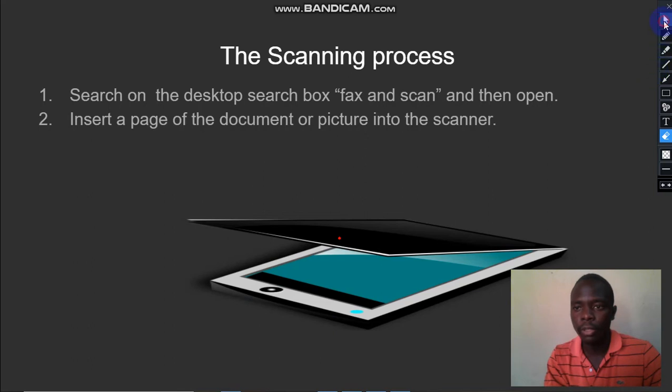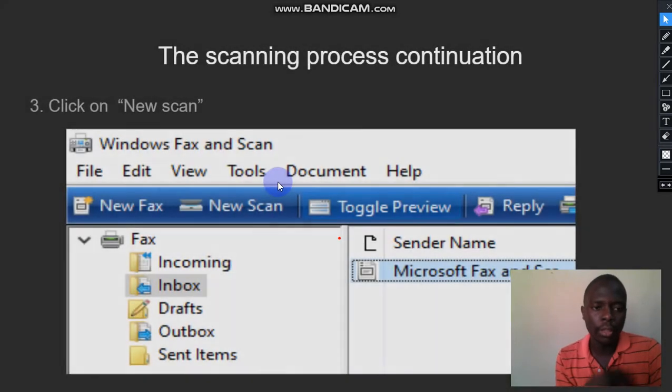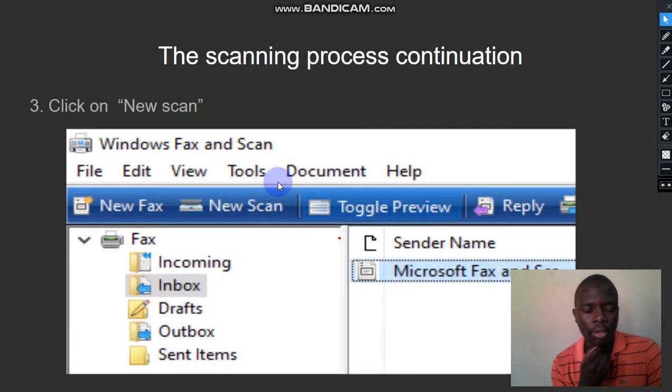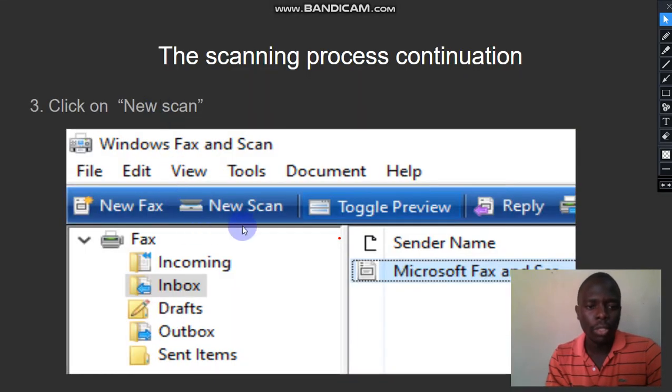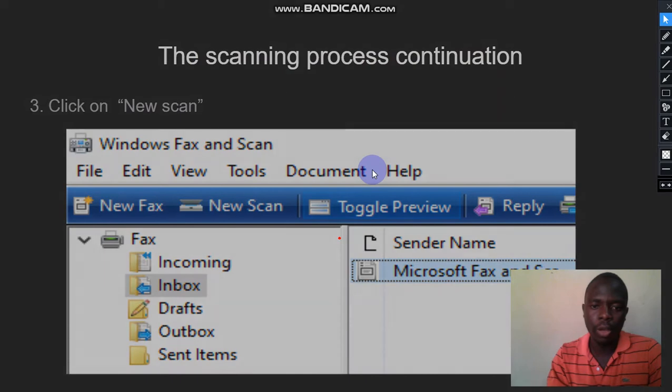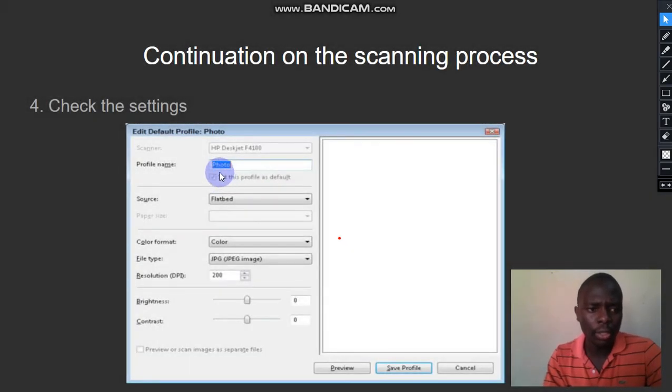Going to our next step: once it's copied, you click on scan. Once you click on scan, there will be a toolbar that will show you the specifications, the settings, which is our next stage. You're supposed to consider the settings. You check the settings such as the